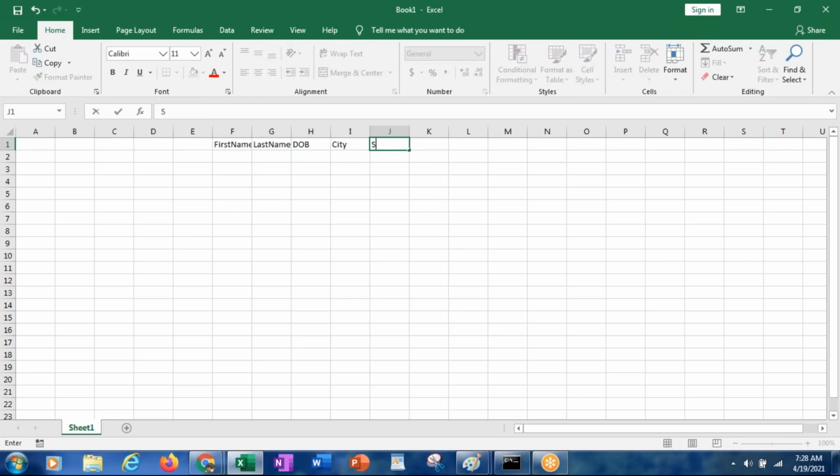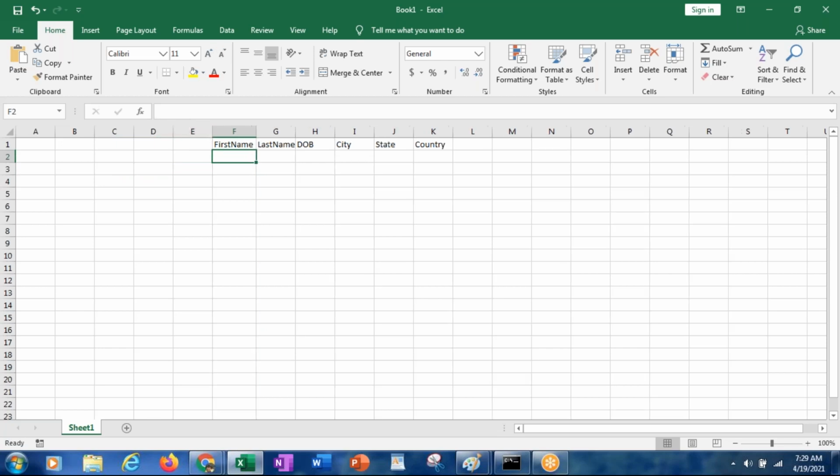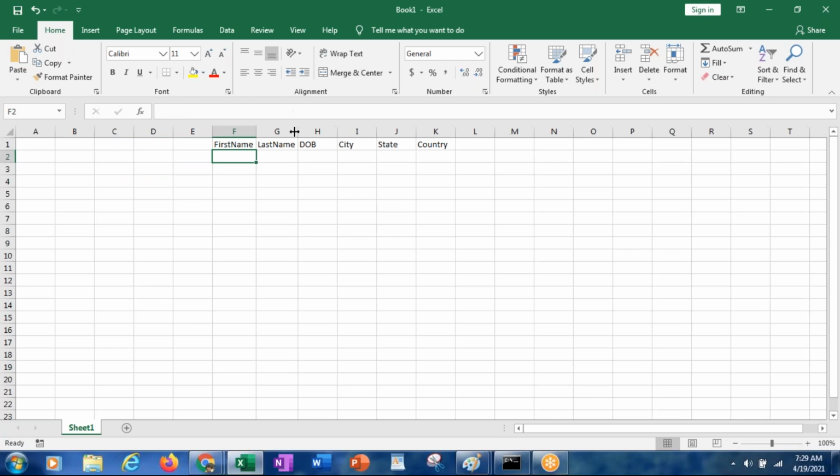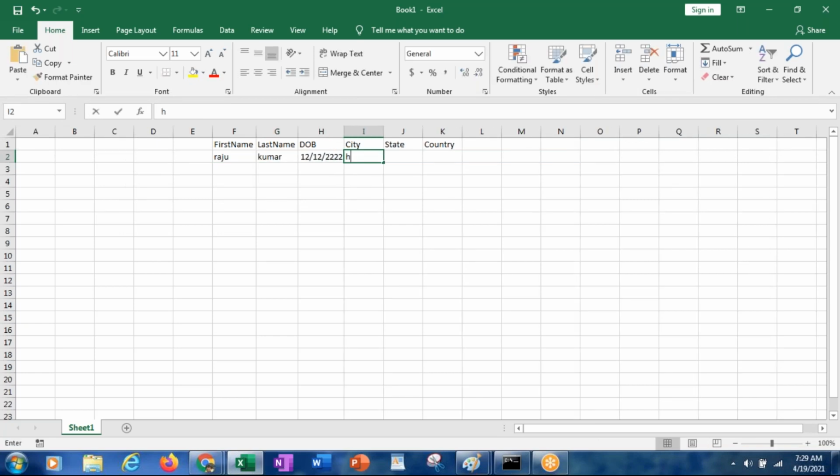City, state, country. These are all single value properties. Now what I want to do is make this complete information into one record.